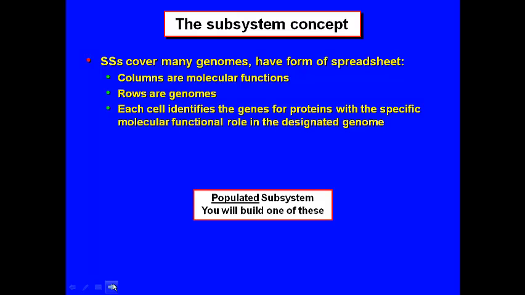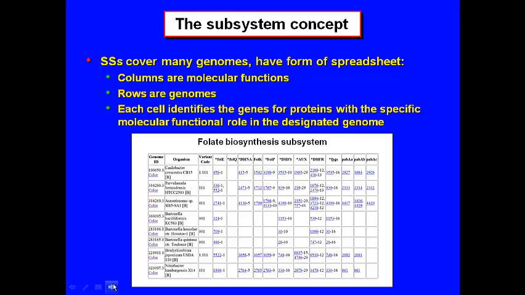So here's what a spreadsheet looks like. This is a very small spreadsheet in one sense, because the genomes, the rows, there's only a dozen genomes in here, less than a dozen. A real spreadsheet could have 3,000 rows in it, because that's the kind of numbers of genomes that are in the SEED now. So I'm just showing you a very small subset of the whole thing, which would go up and down.